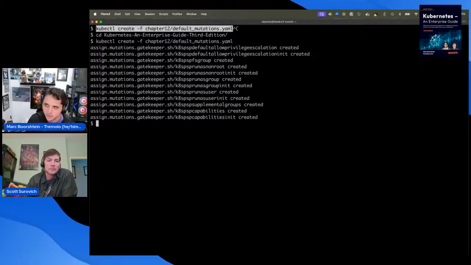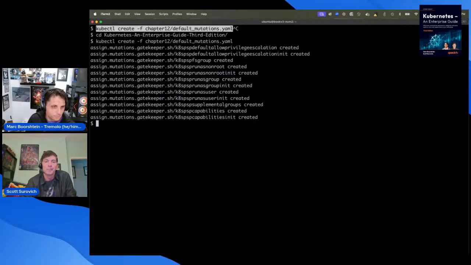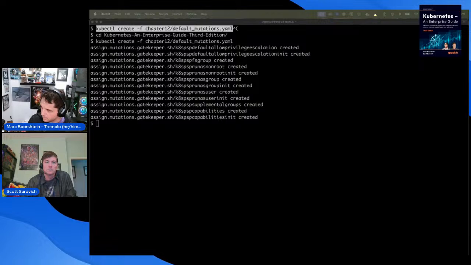I'm a big fan of one of the things that OpenShift does, where your pod runs with a random UID and group ID. Now you can't do that with Gatekeeper, but you can say, if you don't specify a UID, I'm going to set you to something. The vast majority of systems don't need to know what their UID is. There are a couple of exceptions, but they're few and far between. So we built those, and then let's go ahead and delete all of our pods.